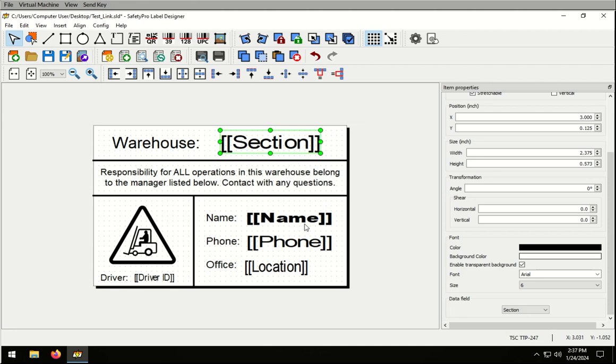Hopefully that helps you in your projects get your labels out faster without having to make separate labels for each data item. If you need more help with this or anything else, you can always call us at